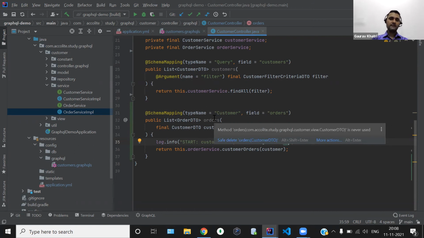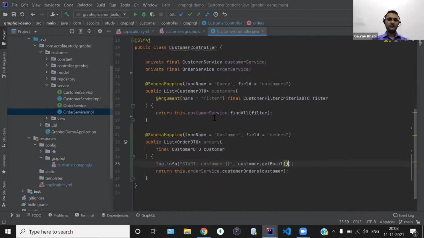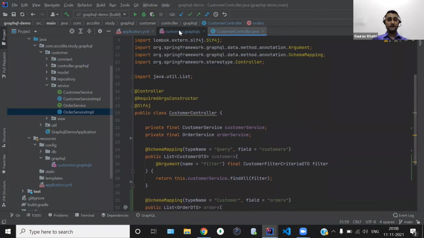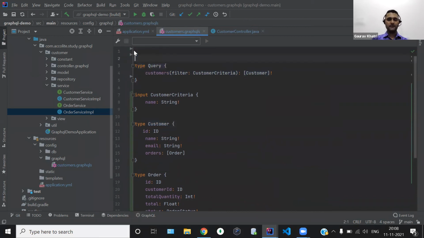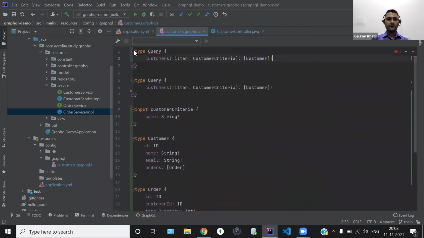So we have seen how we can write the resolver function to optimize the query. Now we will see how we can write the mutation query. For that, we will copy the same stuff, and instead of query, I will replace it with mutation, since we are writing the mutation query over here. In this, we will expose one mutation query, add customer.